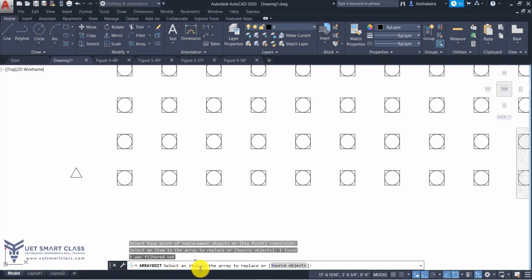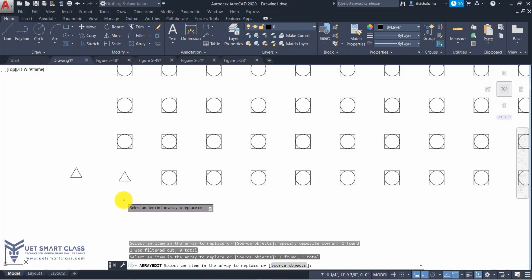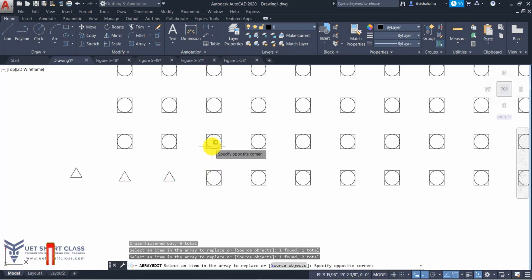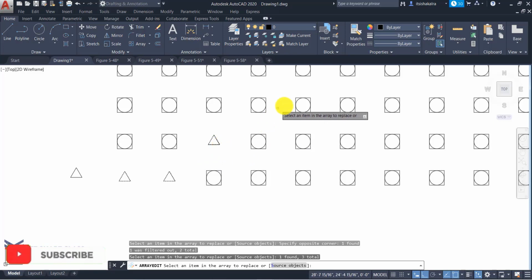Now it is asking me whether I want to select an item in the array to replace, or I want to erase the source, replace the source object. If I replace the source object, all the objects would be replaced. And if I want just to replace one object, I can select that particular object. Okay, so see, it is changed. I can change a few of them.